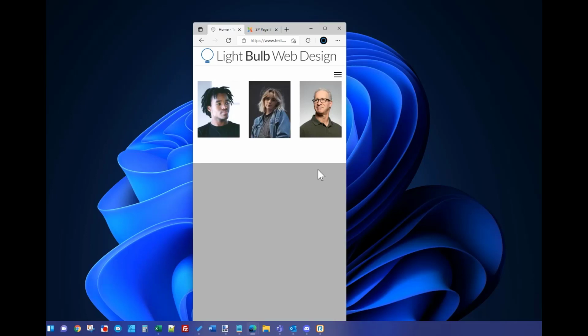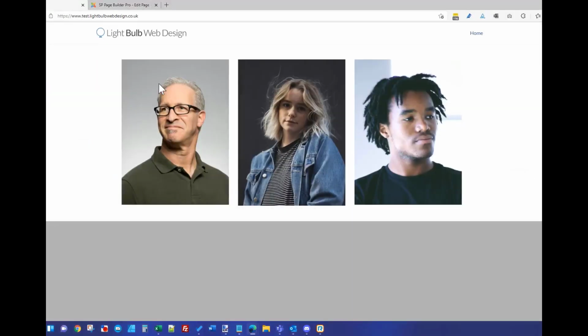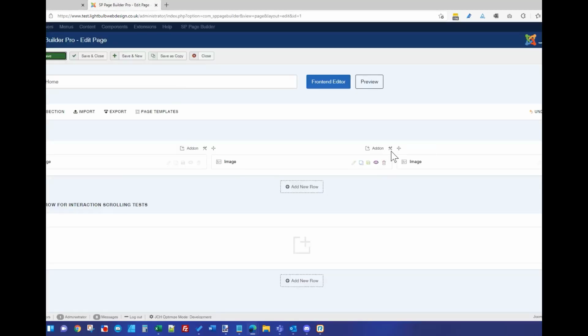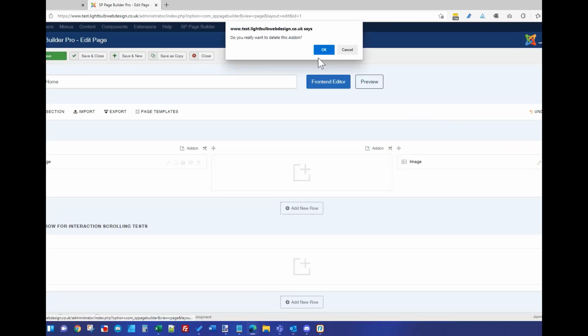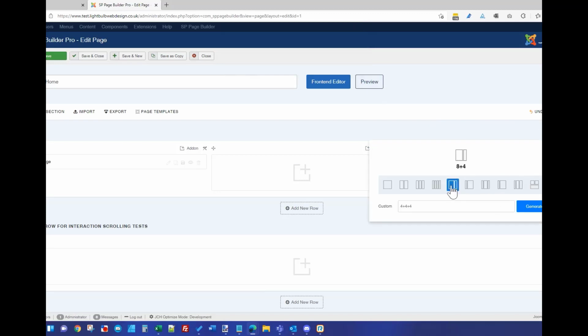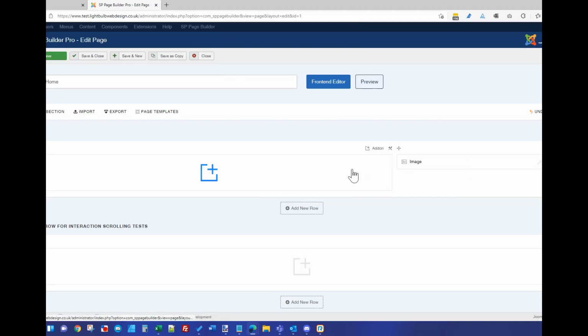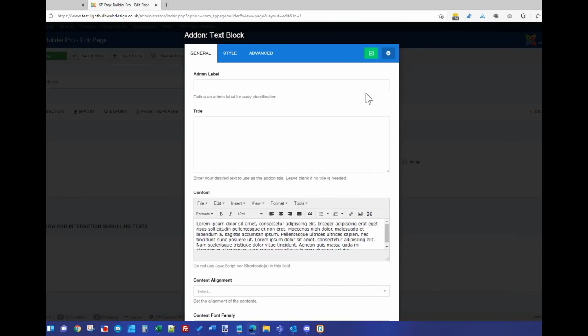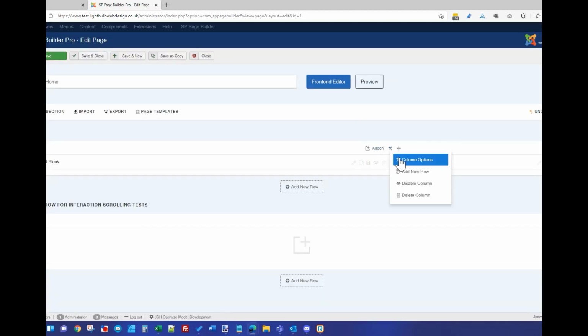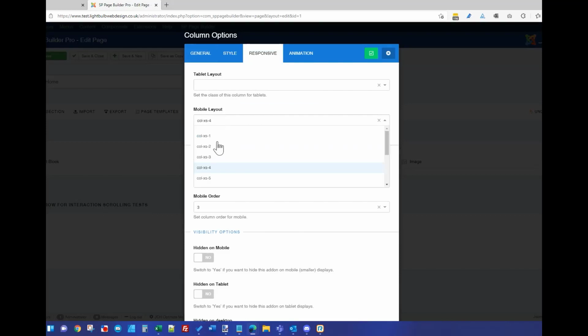Where have I used this before? Sometimes on a row, perhaps with text on the left, image on the right, for example, and on a desktop, perhaps it does this. So let's change that one. I'm going to delete that out. Delete that out. I'm going to change this to 8 and 4. So say I've got an image on the right and a text block on the left, and for the sake of it, I'm going to just change those to be